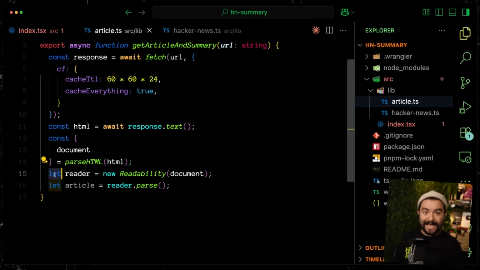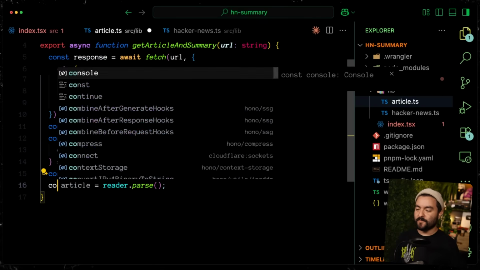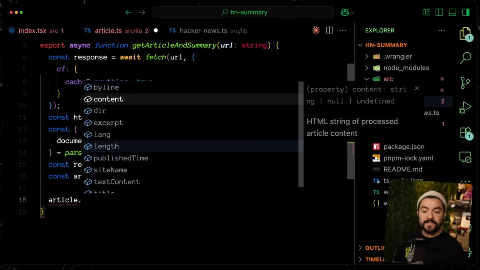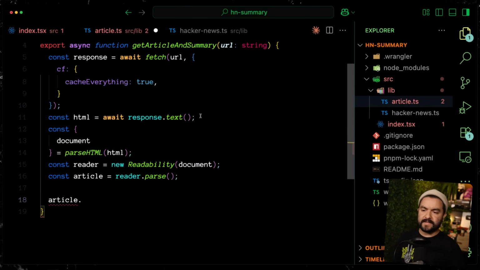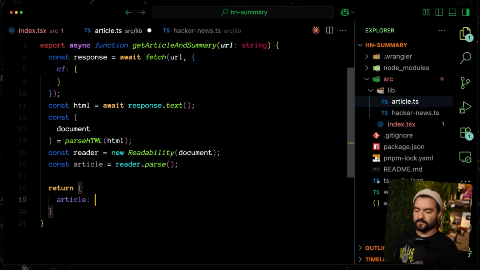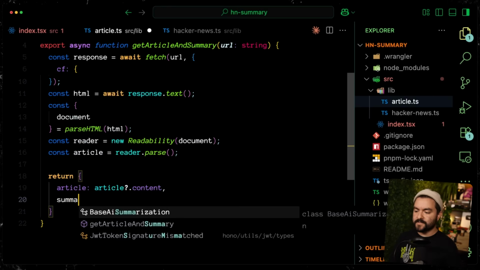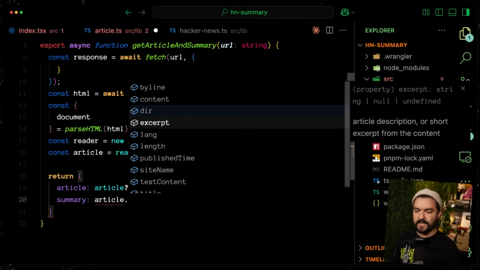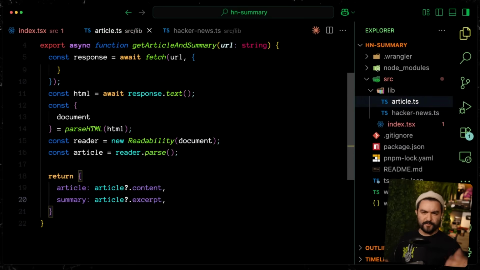So now we pass that document into Readability, we parse it, and this article here has a few different properties on it. The content property is the actual content of the page that got extracted. So our method getArticleAndSummary, I think just wants to return two things. The article itself will be the content, so here I'm going to say article.content. And then the summary is also going to be some text. For now, we can just use article.excerpt. This automatically grabs like the first few characters of the page. Eventually, we're going to replace this by actually summarizing it with an AI,